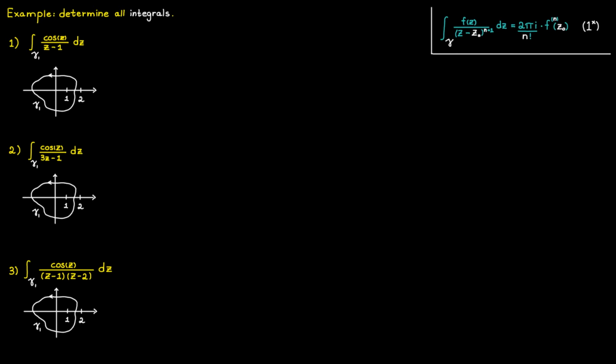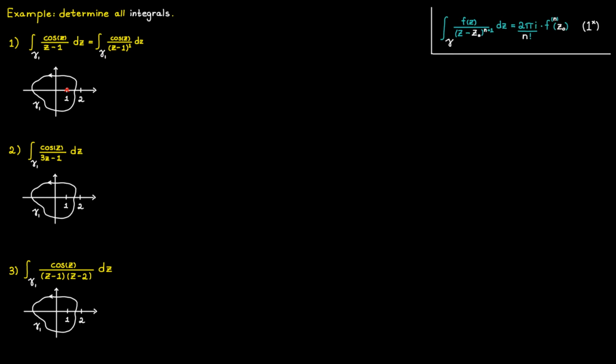When solving these kinds of problems, you always want to start by marking the singularities of the integrand, which in this case is going to be at c equal to 1, since at this point we get a 0 in the denominator. So by doing this, we have managed to determine that the singularity is inside of gamma 1. So the whole thing is at least not equal to 0 by Cauchy's integral theorem. But we can continue by rewriting this expression just a bit, to make it easier to see how we can apply the formula on this expression.